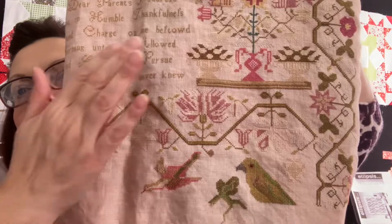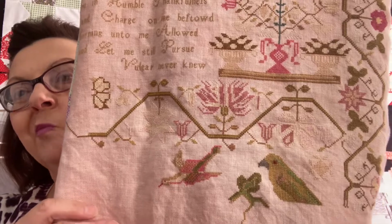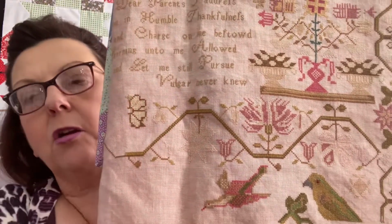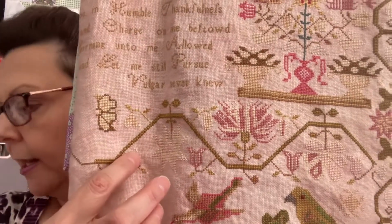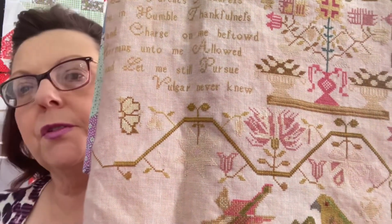So, right in here is where I'm working. This is pretty much the edge of the page. I've got one more over one word right here. I've got the rest of this little flower right here to get done. And then there's